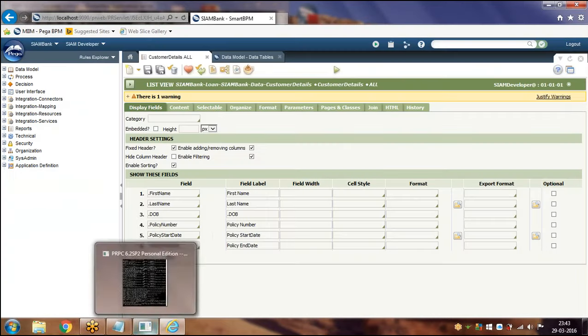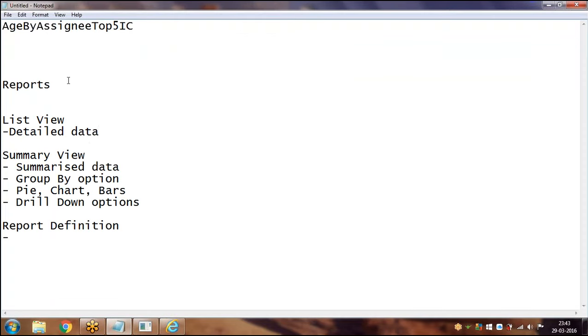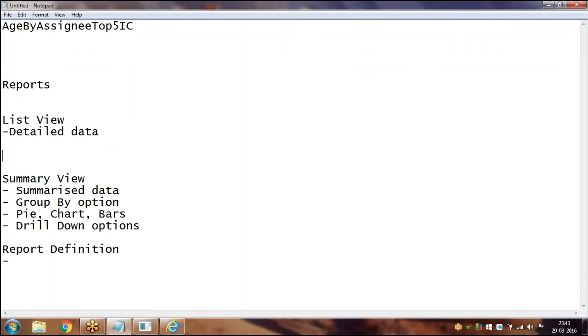A list view rule can be referred in the UI as well, and even in an activity. In an activity, you can call this list view rule using the Obj-List-View method.